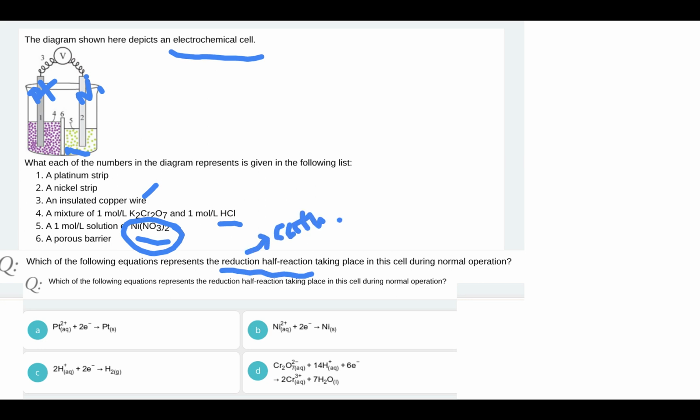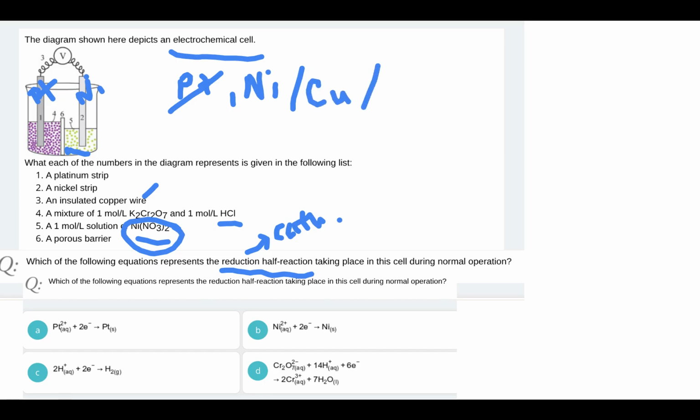So with everything reacting, we have to figure out what is at the cathode. So I would go through this and just take a look at what's reacting. Again, we have platinum there, but it's inert, so we don't have to consider it. You have nickel solid. What else do we have? We have the copper wire. But we can write that down, but it shouldn't be part of our reaction because that's just where our electrons